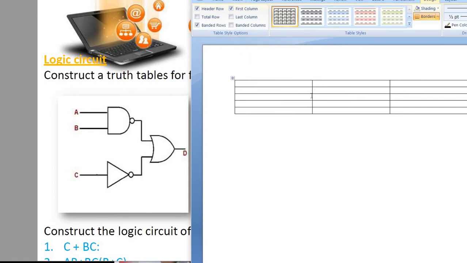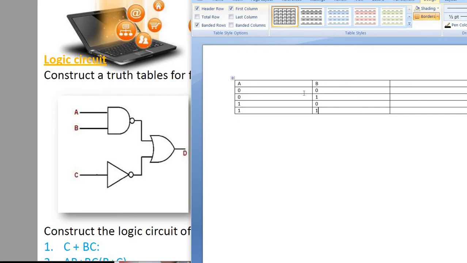See, this one is for your inputs A, B. First I am only telling for the NAND. A is 0, 0, 1, 1, and B is 0, 1, 0, 1.